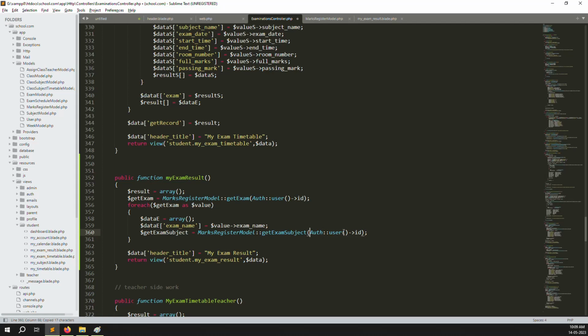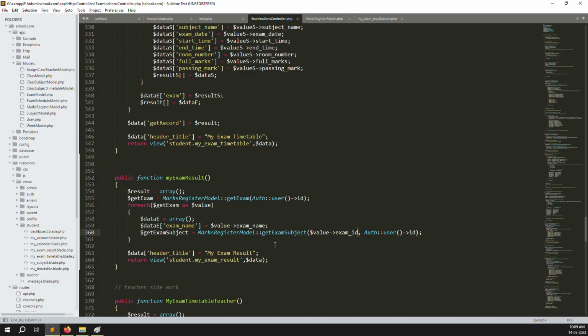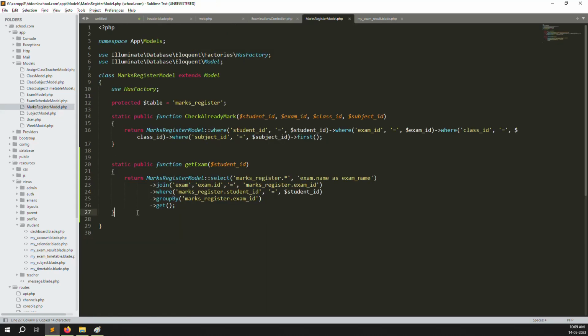So we can pass here two parameters: exam id, which we have passed, and we also need to pass a student id, so we can get only his data. So let's create a new function inside. You just need to copy the one above and put it at the bottom,